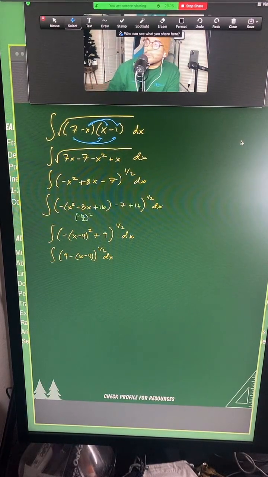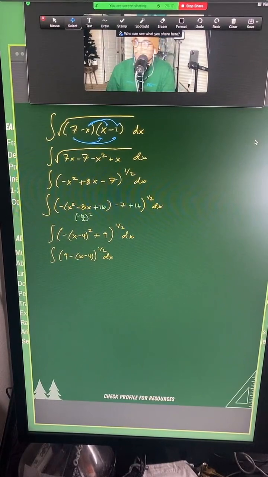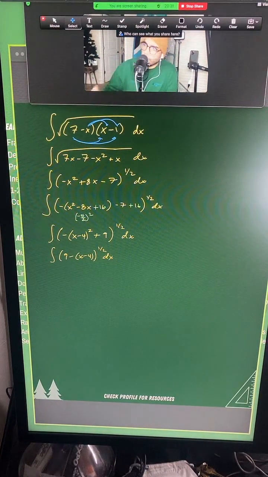All right, so the next step that we're going to do is trig sub. I don't know if you guys have covered trig sub. Let me know in the chat if you have. Otherwise, we're going to do it right now. And this is the way it's going to work, okay? So it looks like we have a square root of 9 minus (x minus 4) squared. A lot of people will run with it right away and say, okay, theta is going to equal x minus 4. But let me go ahead and show you how this works.